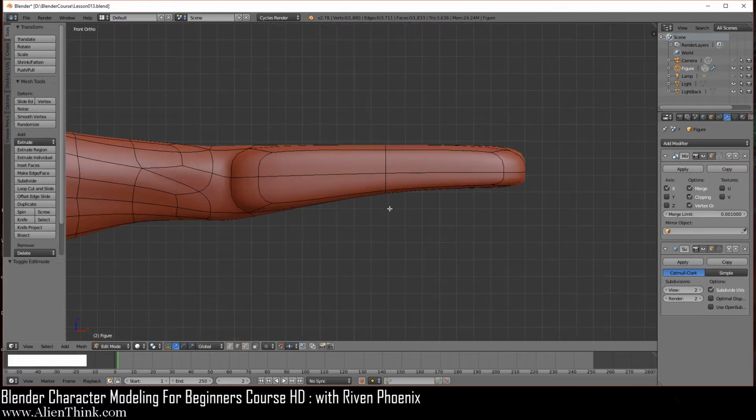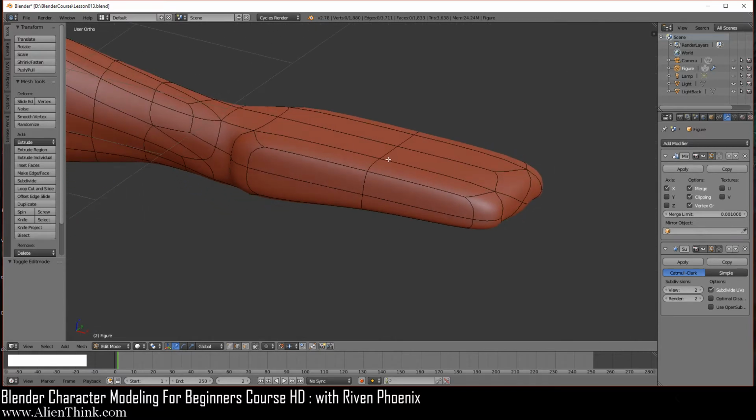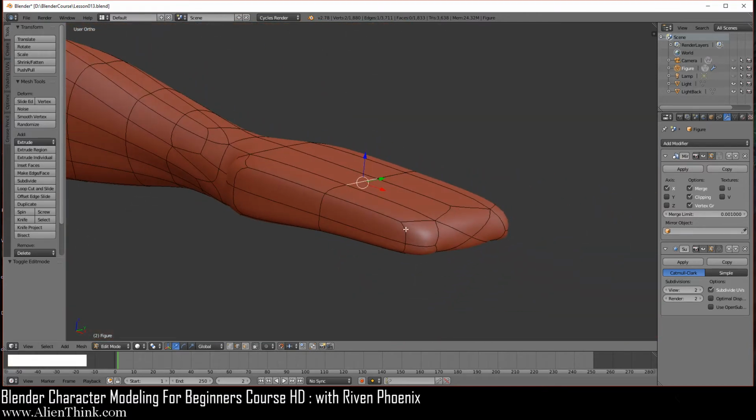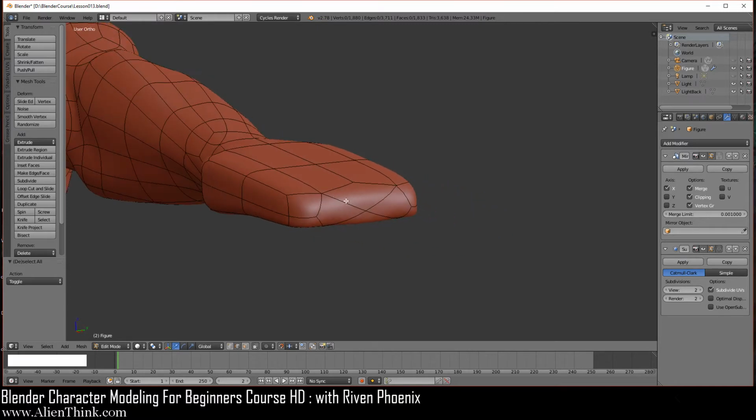I'm just going to do middle mouse button to slightly rotate this. Click on this and press the period key to zoom in on it, just zoom out. So if you do the middle mouse button, you will be able to rotate around the hand. Let's just A to D select this. So you can see that there's an X over here.